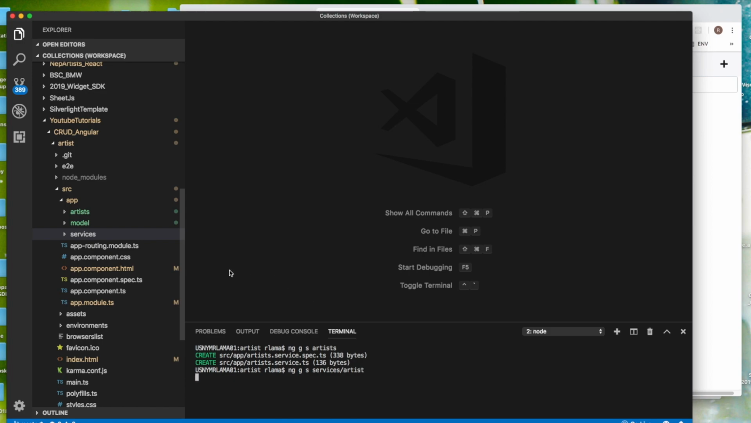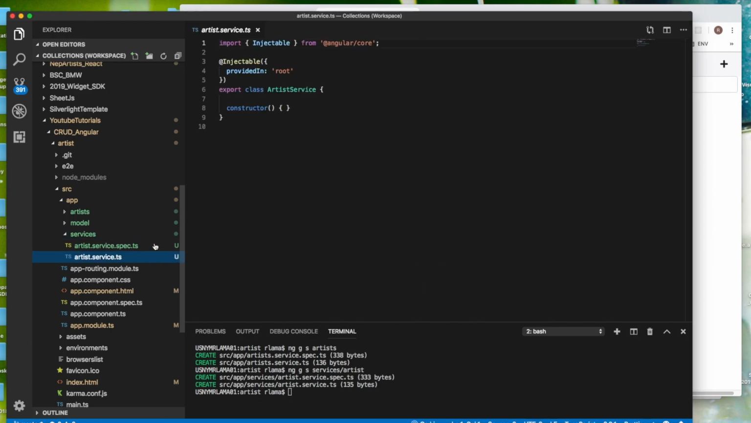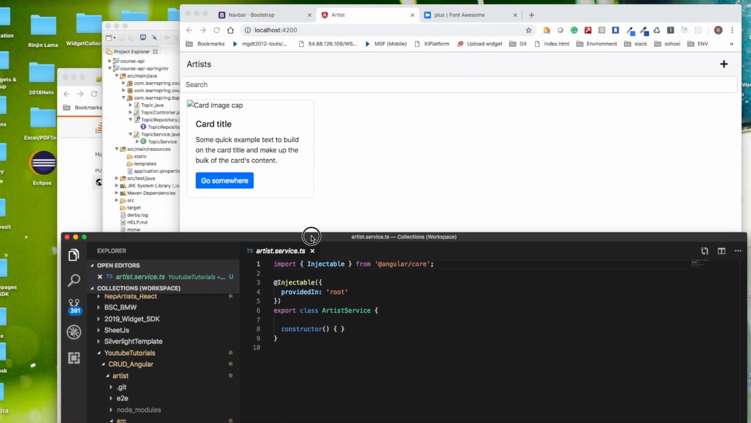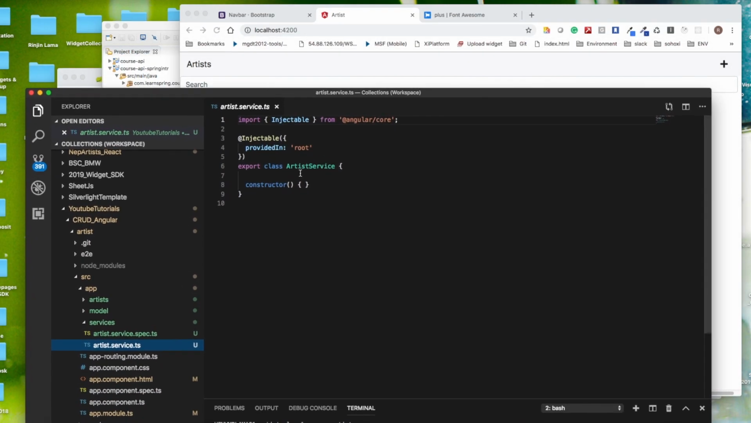Okay. Now I have an artist service here. Nice. So in the real world, we will get the data from the API. But for now, I'm only going to create an array here. So let's create an array called artist, and artist is basically a list of the